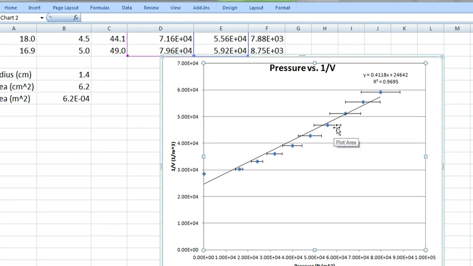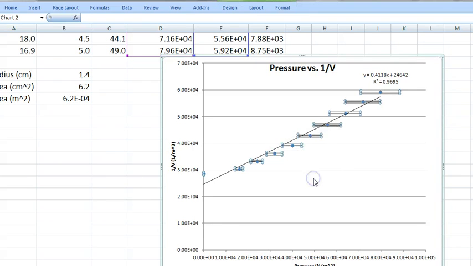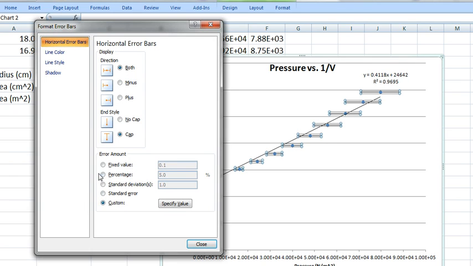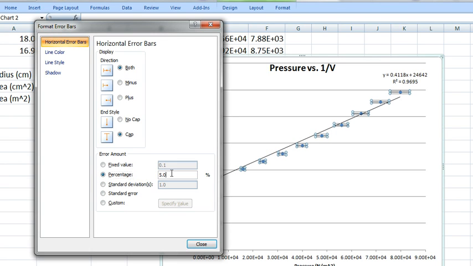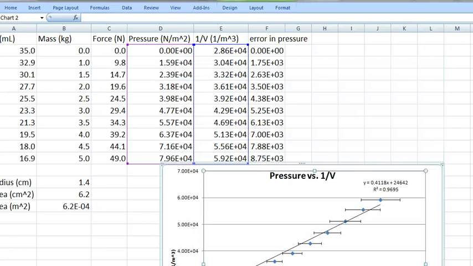Okay, now you might notice that, well, the pressure errors are all going to be the same, right? So what you could do in format error bars is, instead of custom, you could put in a percentage, and I used 11%. So that will get you a slightly different view, but it'll basically do the same thing. I think that I would prefer if you did the specify value version, where you actually could pick it off